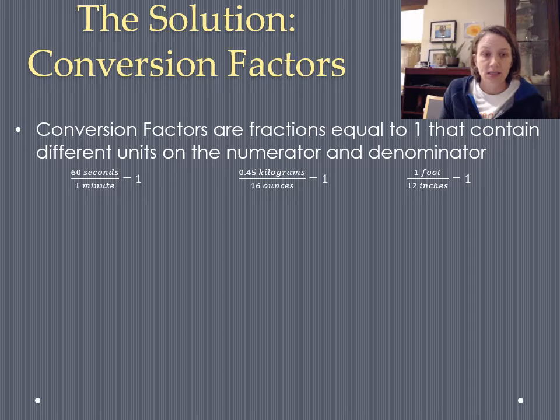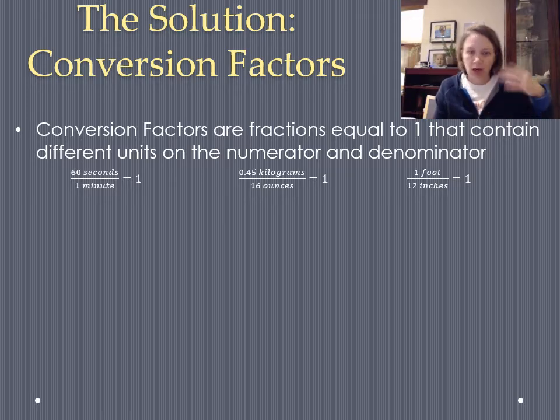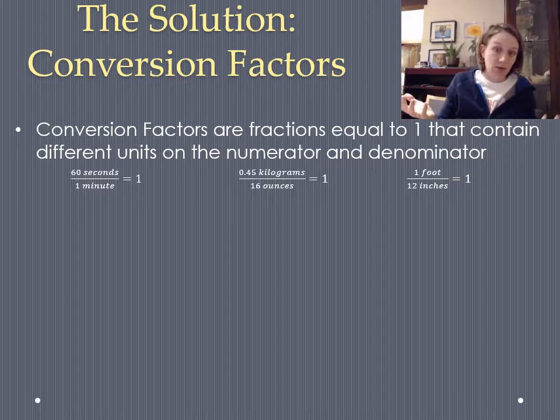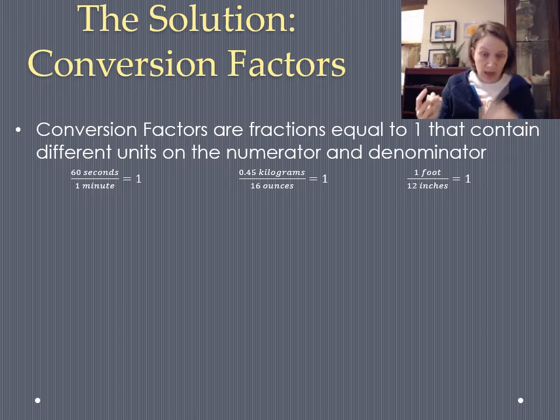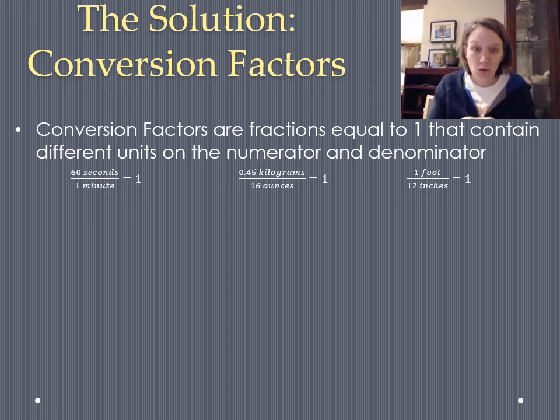So 60 seconds over 1 minute, that's a conversion factor because we know that 60 seconds is the same as 1 minute, so dividing them by each other equals 1. Another conversion factor that you might not be as familiar with, 0.45 kilograms, which is equal to 16 ounces, that's also equal to 1. That one's a little tricky because we've got a decimal in one of those values, and you probably didn't know that those things were equal to each other,